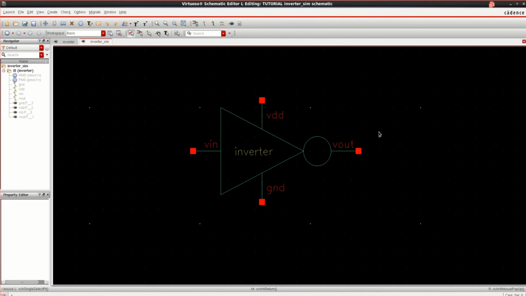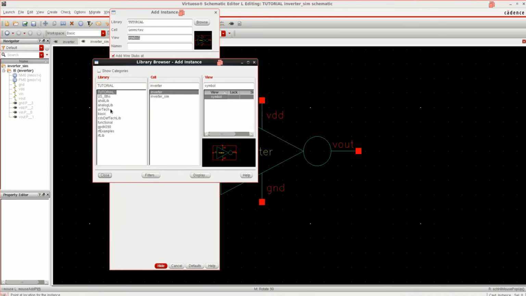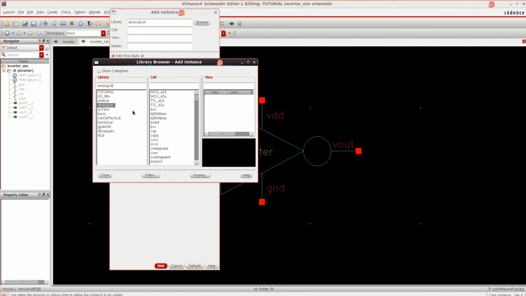To simulate and verify this, you need to place the VDD and the input, along with the ground. For that, again go to Create Instance, browse. This time select the analog library. Here you have multiple components like pulse sources and ports.